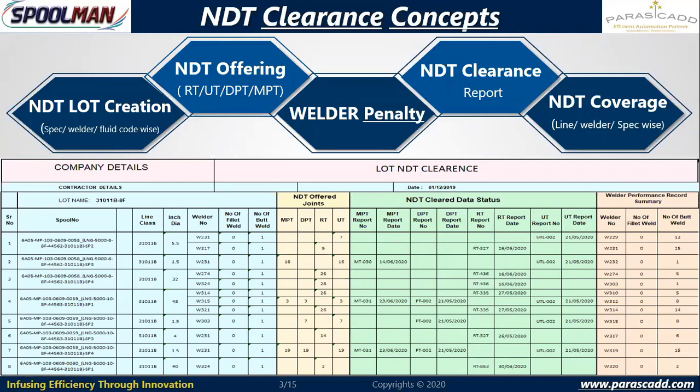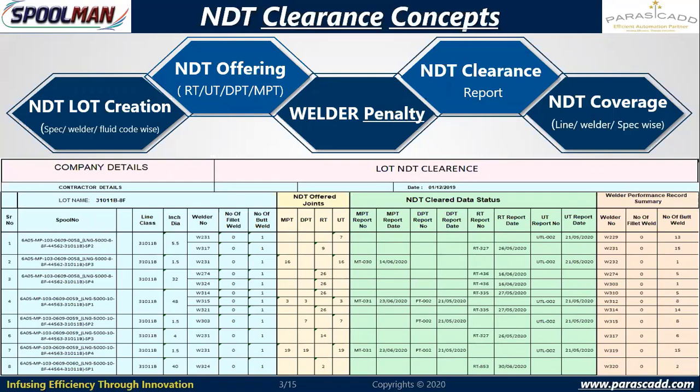And I have the provision of creating automatic lots. As soon as you have completed the welding entry, the system will assign the joint number to the relevant lot. So out of 100%, I will choose 100 joints which are welded, and out of that 10 joints can be randomly selected. This selection the system can control, or the selection option can be provided to the welding inspector also. Both the concepts are available. We have auto lot concept and auto selection concept, or the user or the welding inspector can choose the lot.